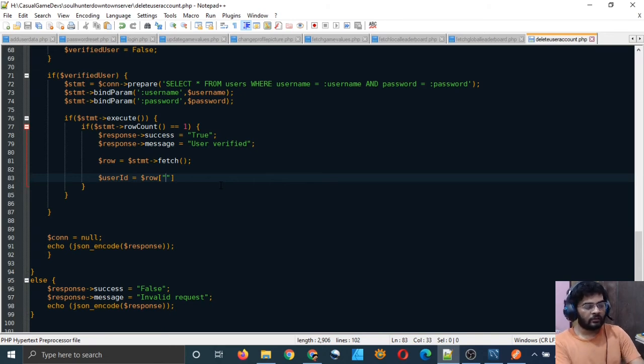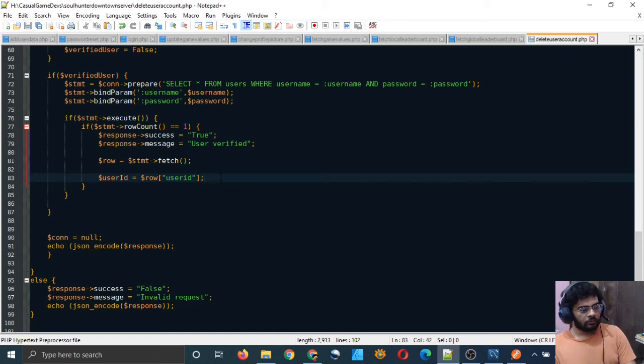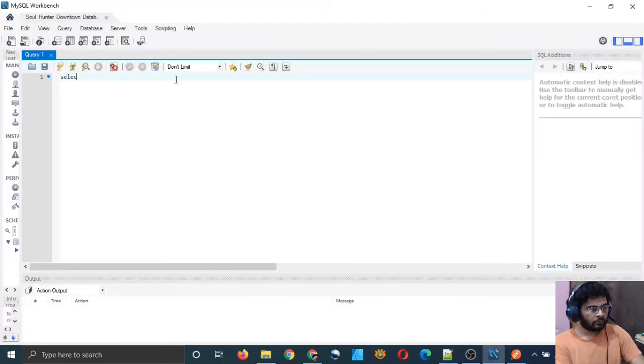Now we can access it using this syntax. And what we have to take is this user ID. So this user ID word is the same as the column name in our table. Let me now show you. Let me see myself what is the column name exactly for the user ID.